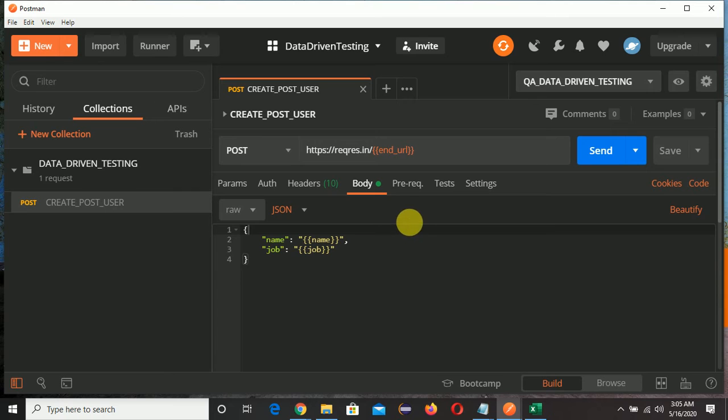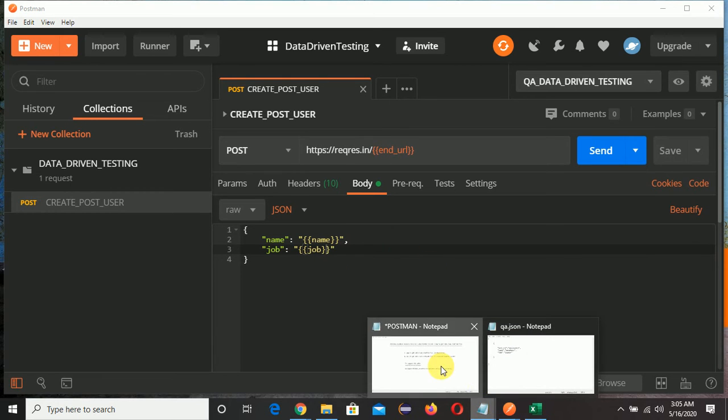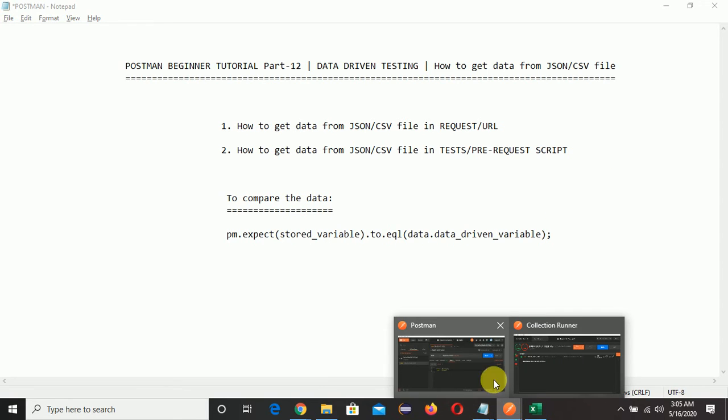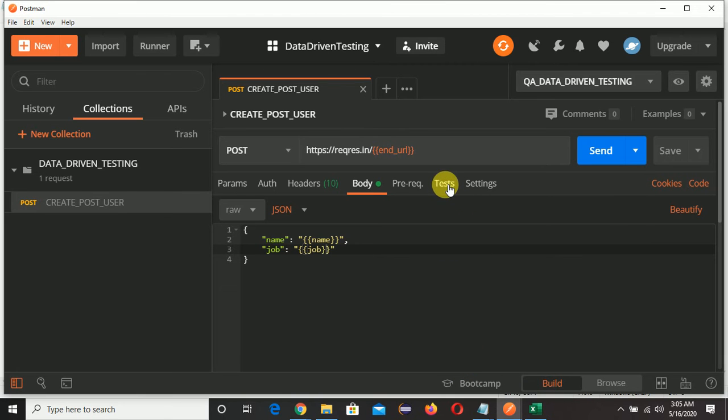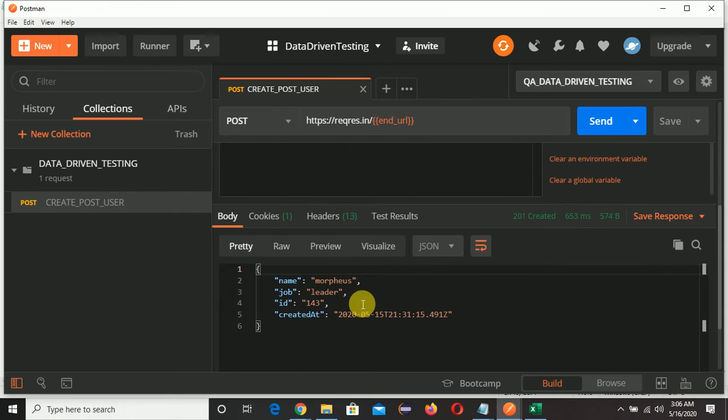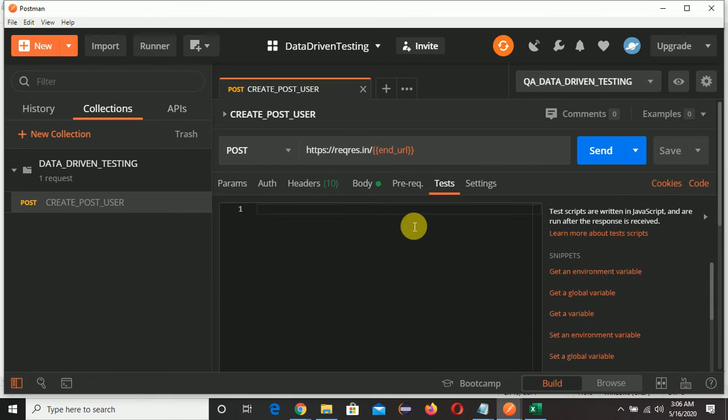Now I have shown you how to do it in the URL or in the request. But suppose we need to test how to get data from a JSON or CSV file in the test tab or pre-request script. For this we have a different set of code. I will tell you how to write it. Suppose we have got a response and we need to fetch this Morpheus name in our test tab.